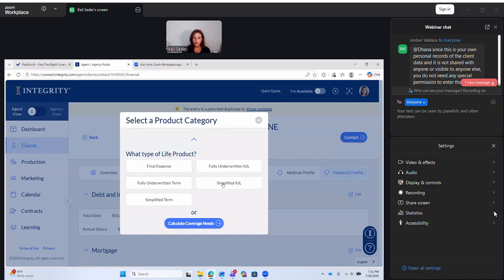So our fully underwritten term and fully underwritten IUL are a lot of what you all sell today. These are the products that go through a bit of an underwriting process or more of an accelerated underwriting process. They're the products that have higher face amounts, so they can go up into the millions of dollars rather than just a couple $100,000. The simplified IUL and the simplified term are those instant issue, instant decision IULs that are lower face amounts, a little bit higher premiums, and you get a decision right in the